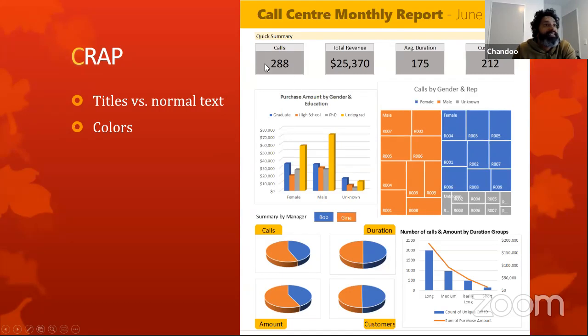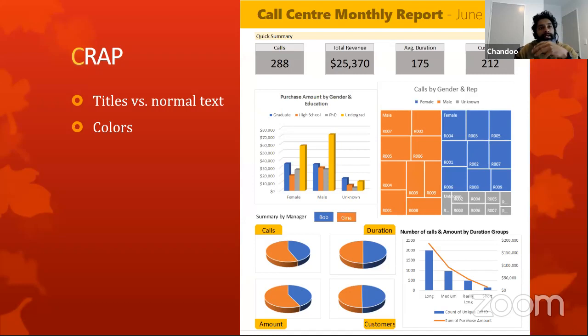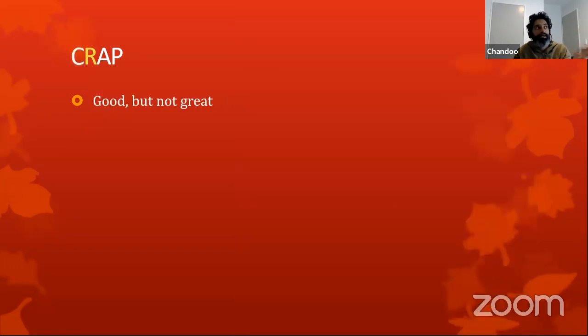Okay, so as I said, the text sizes are inconsistent. You can see this is a bold title here, and this is not bolded, and this one has a different shade of black. So all of this adds up, and it makes the report harder to read, whether you realize it or not. Whereas our redesigned report is providing good contrast. We'll go into the redesigned report from the same four points again. Let's take a look at repetition.